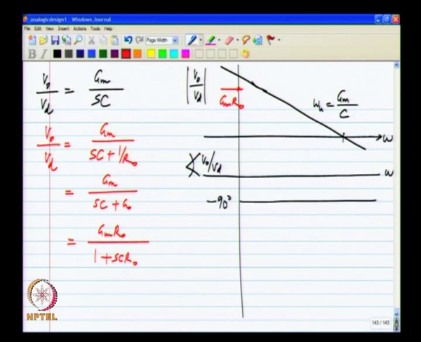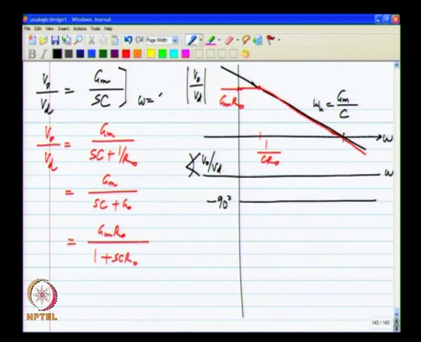at frequency 1 by C R naught, it has a pole, and after the pole it drops down at 20 dB per decade. Notice that I have drawn the black line and the red line to be coincident after 1 by C R naught. This is because if you look at the gain of this particular function, when